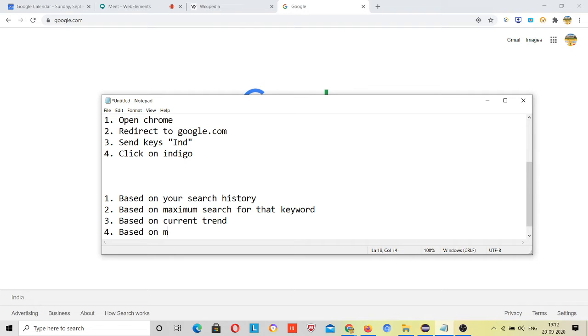Based on multiple social sites, trolls, and trends, right? Suppose I troll anyone, and that goes on trend. So based on that also Google suggests you some results.